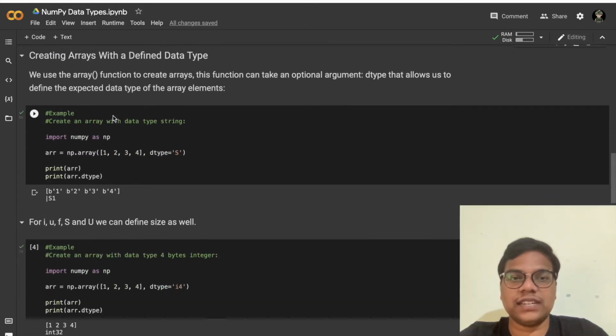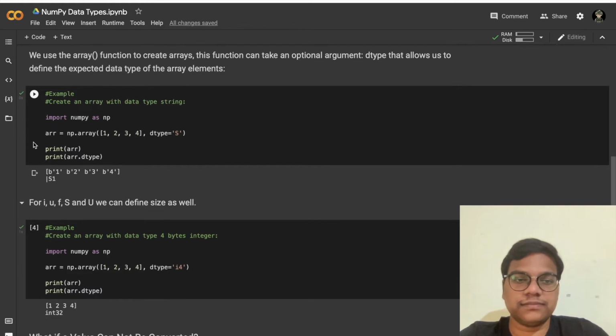Creating arrays with a defined data type. We use the array function to create arrays. This function can take an optional argument dtype that allows us to define the expected data type of the array elements.